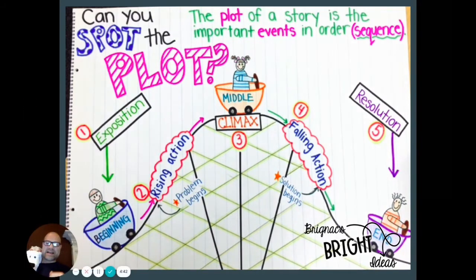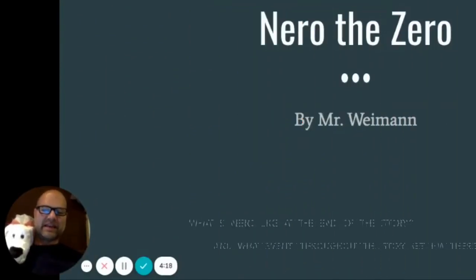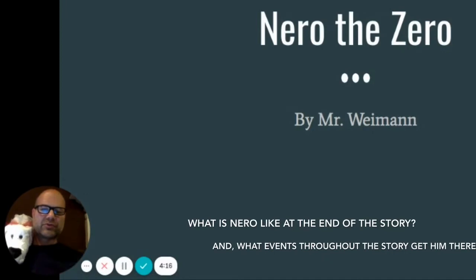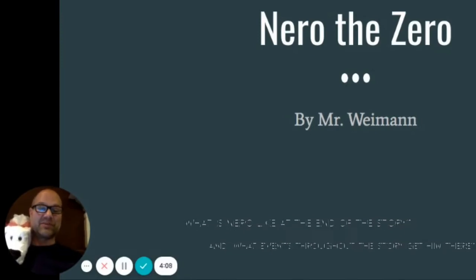Things should get tied up nice and neat. I talked to you about having closing sentences to wrap up your paragraphs. To wrap something up means to tie it all up nice and neatly so that everything is finalized. What is he like at the very end, and what throughout the story gets him to that place? How does Nero become a hero? It may not be what you think it is.